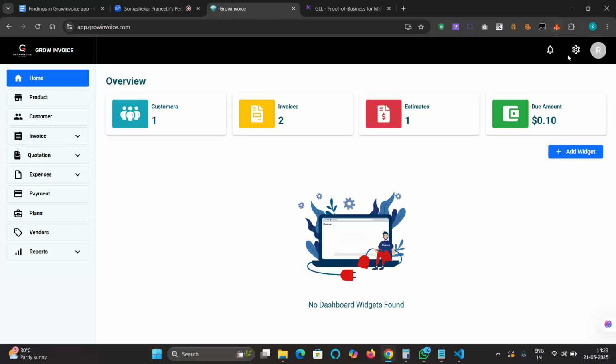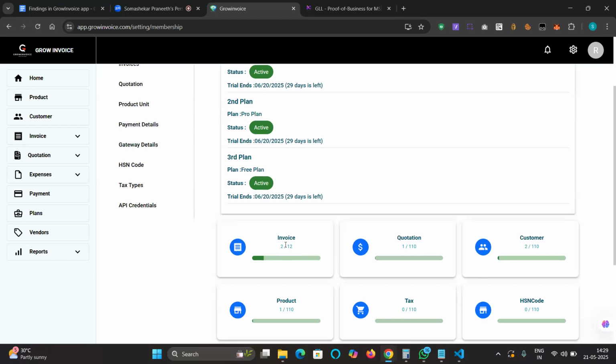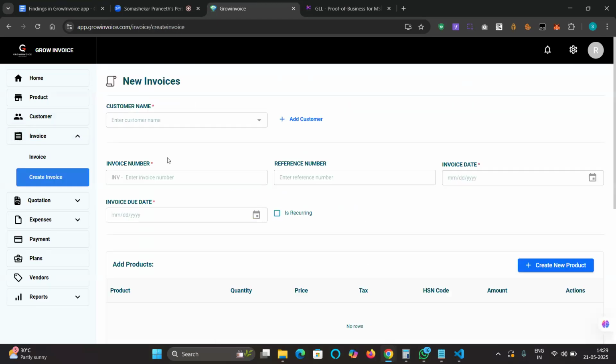And now in the settings, the payment is added. Now you can see it, right? The first two plans are pro plans, and the last one is the free plan that is subscribed. Now you can see the invoice count has also increased. Okay, so now I'm creating another invoice